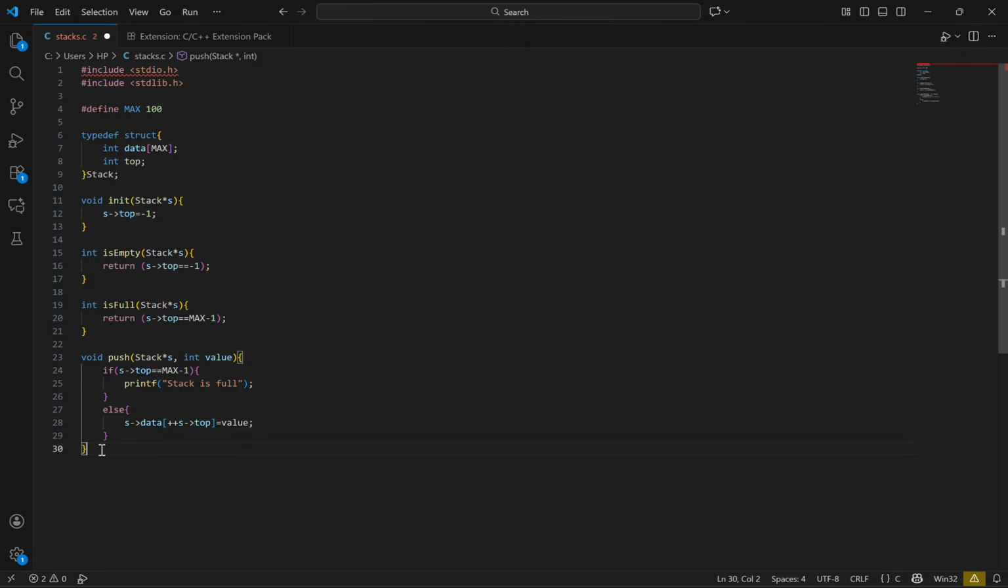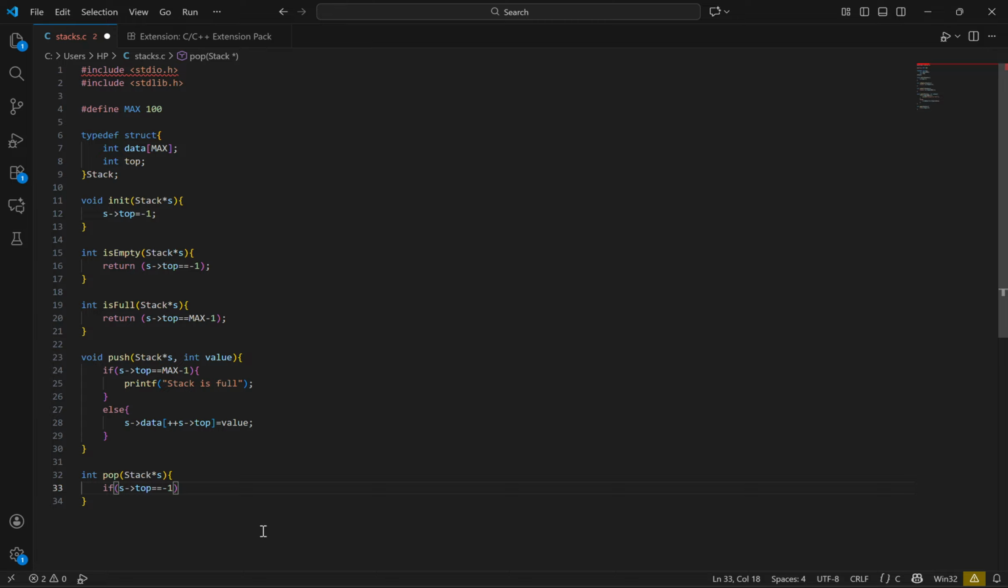Now we're going to move on to the next function that we're going to define here, which is our pop function. And again, we're going to take the argument as stack s. No value this time because we don't want to push anything onto the array and we are not taking any other arguments as an element to insert into it. So again, we're going to make a base case here. If s top